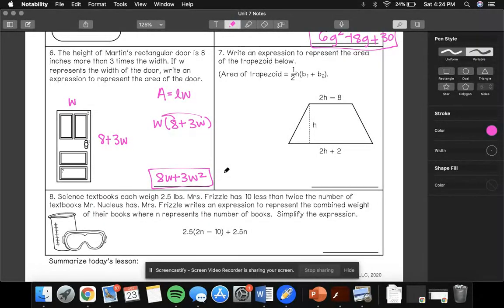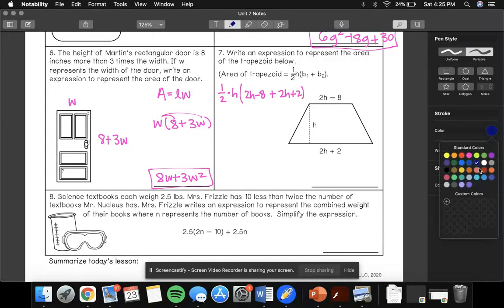Okay, number 7, write an expression to represent the area of a trapezoid. This is a friendly reminder. A trapezoid is adding the bases together, multiplying by half, and then multiplying by the height as well. Okay, so I'm going to first just rewrite what we have. So we have 1/2 times the height times the base, the first base, plus the second base. Okay, now we just have to basically simplify it. I am going to combine these like terms together. So that would create